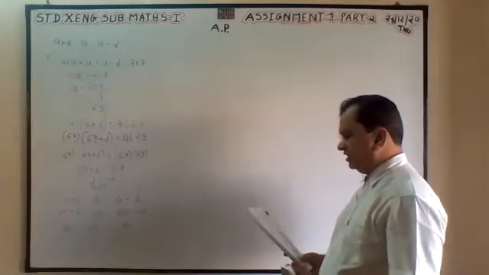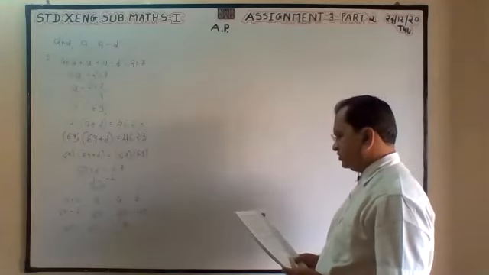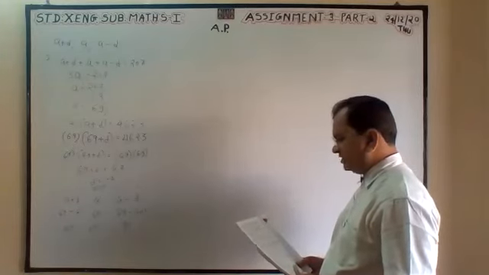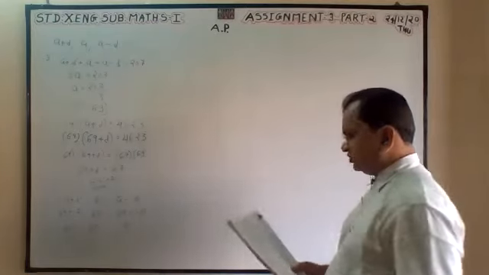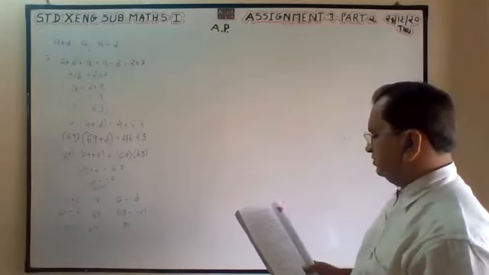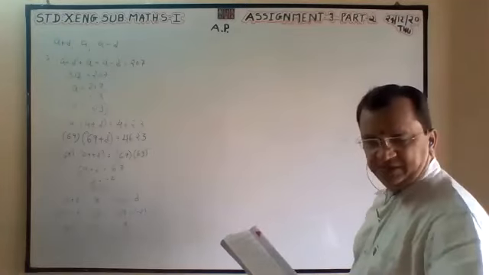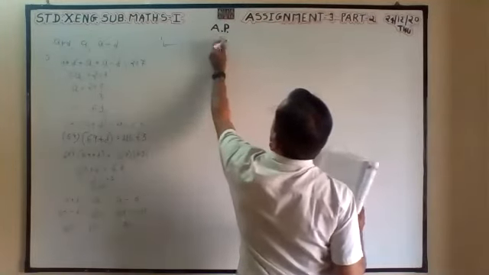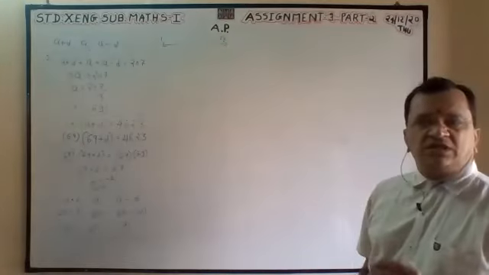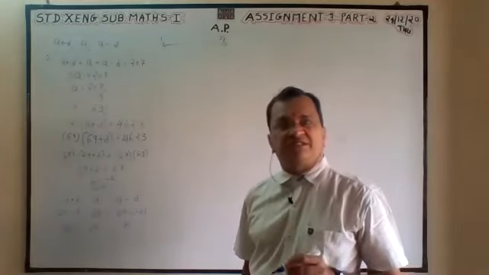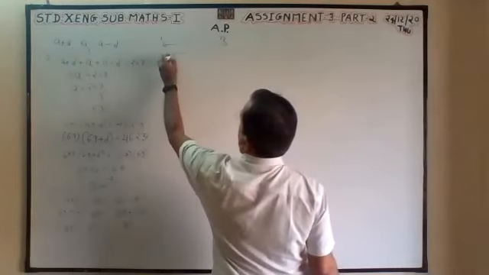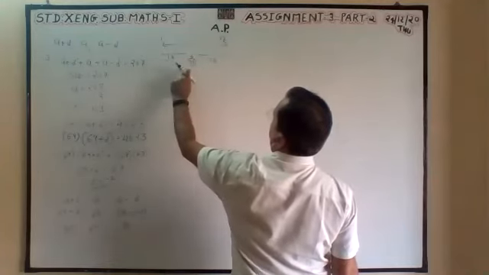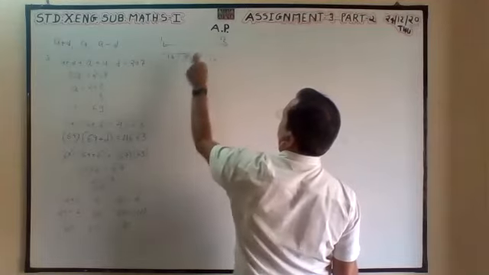There are 37 terms in an AP. The sum of the three terms placed exactly at the middle is 225, and the sum of the last three terms is 429. If there are 37 numbers, 1 to 37, remove 1, so it is 36. So 18 here, 18 here, and the 19th one in the middle.